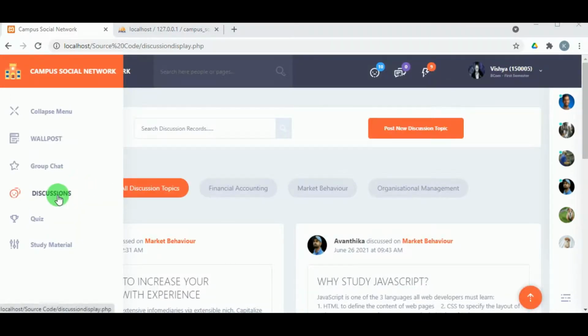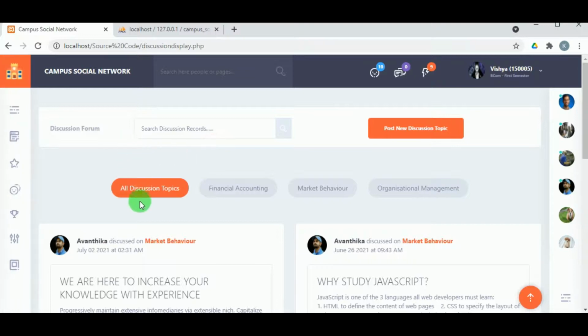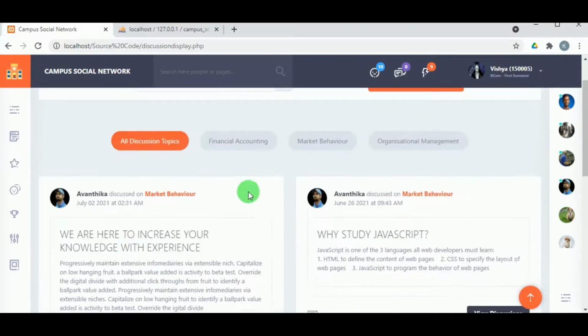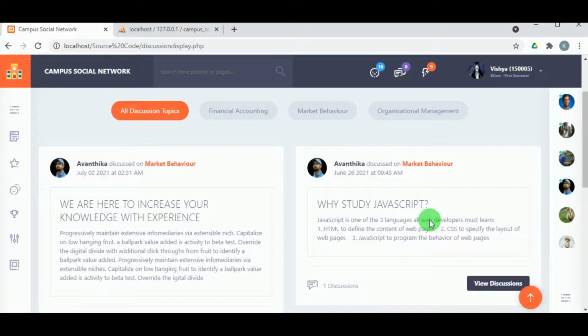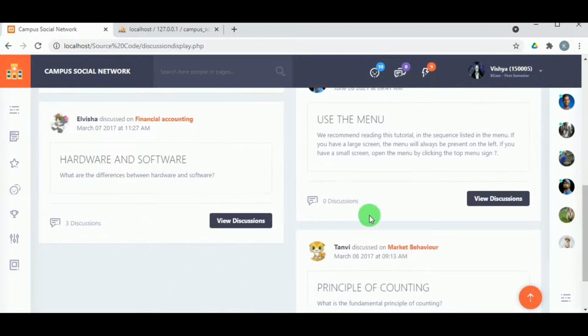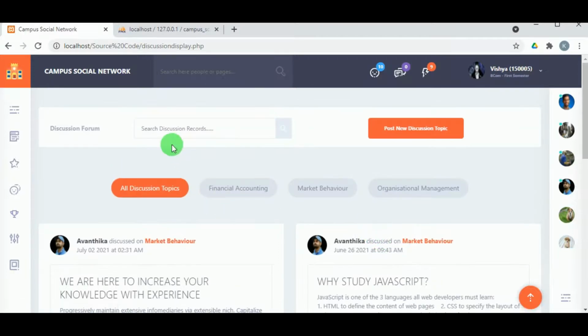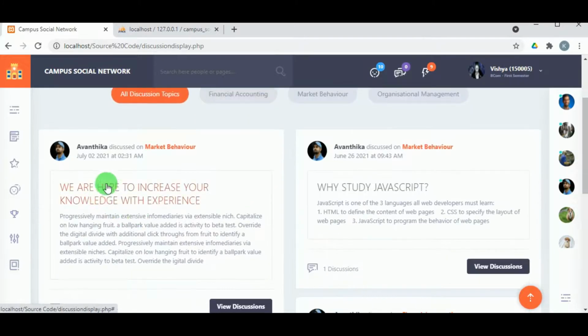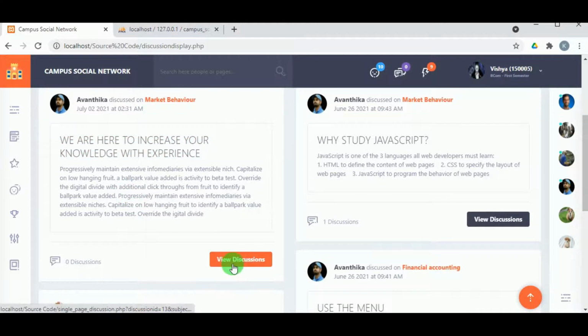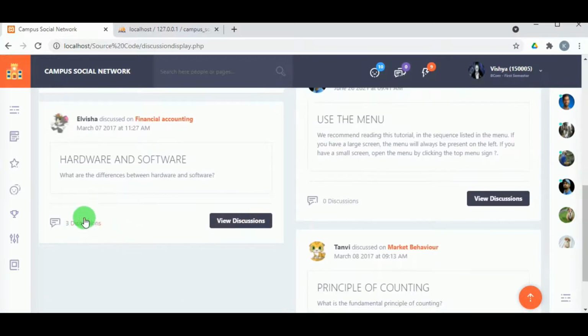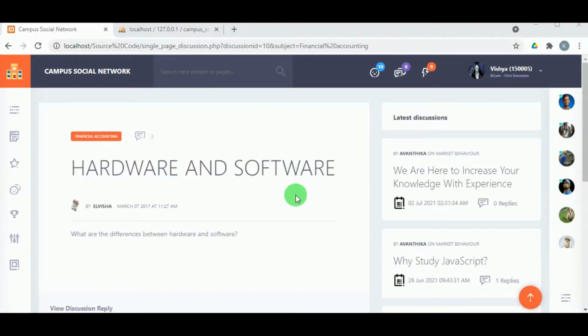So in the discussion feed, here the students can view the discussions of different students. The students can post the discussions and the other students can reply to the discussions of the students. And in post new discussion, before that let us view the discussions of different students. So we can see here 3 replies are there. So let us see this itself.